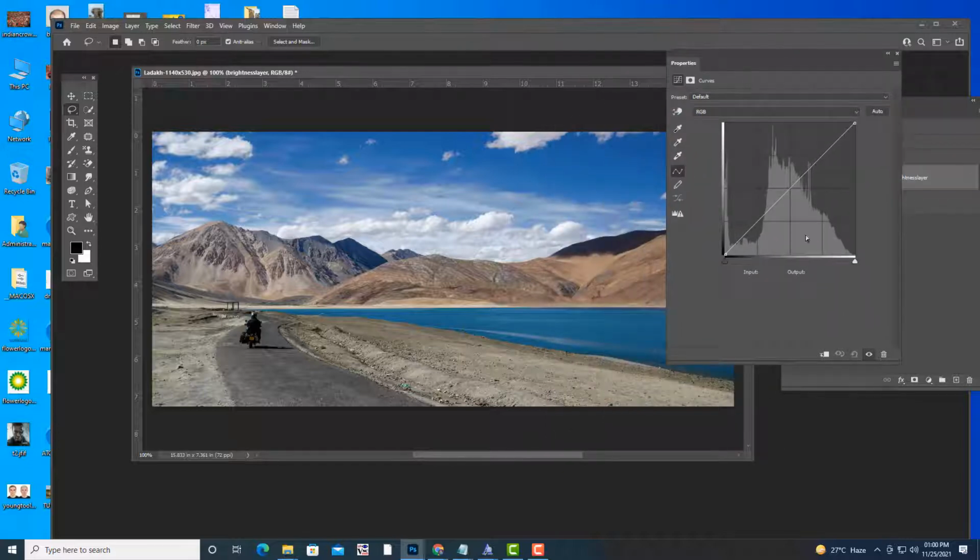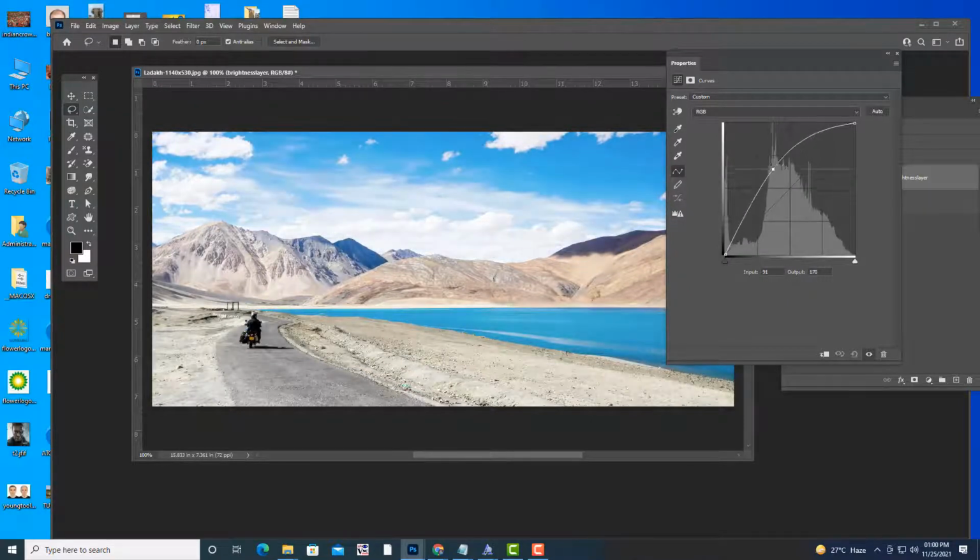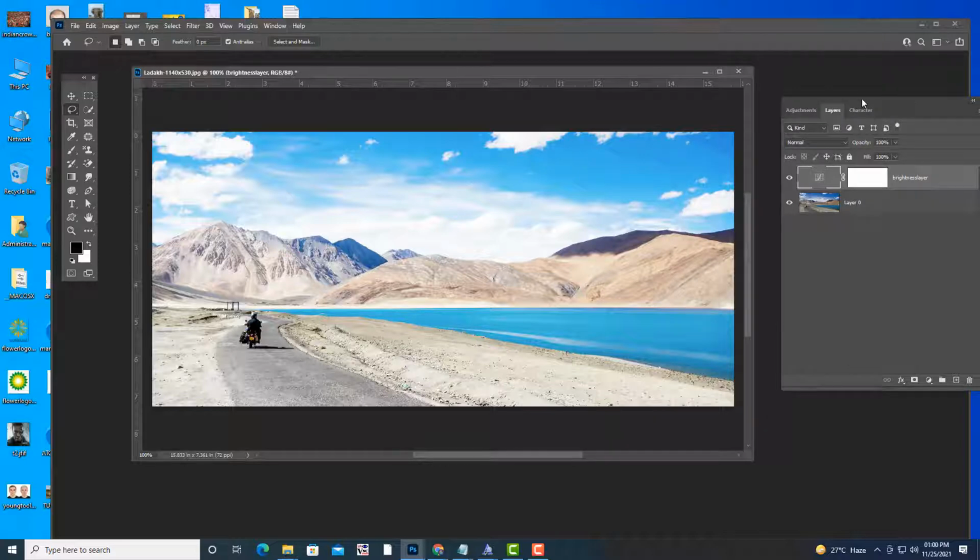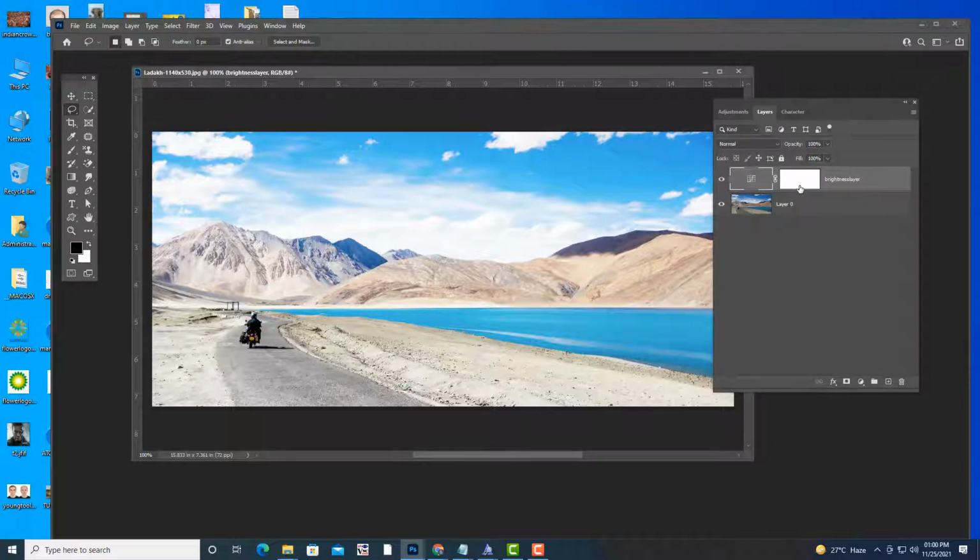Now see, I want to make it bright. So I am going to create a point and then I'm making it bright. I want to remove the brightness on the road. Only brightness should be on the scenery. So what should I do now? I can use this thumbnail, just like a mask thumbnail.